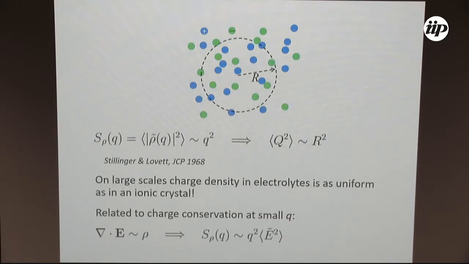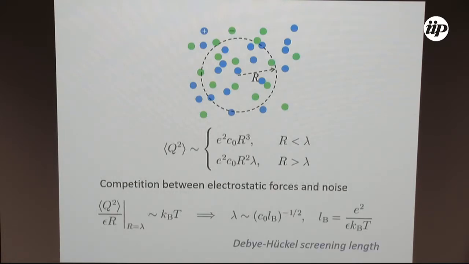Now we can go further and say, okay, that means that there is some distance, let's call it lambda, at which the behavior will cross over from normal fluctuations that are extensive, that go like r cubed, to these suppressed fluctuations that go like r squared. So let's call this distance lambda, and let's try to extract the basic physics from which it comes. What will cause this random distribution here crossing over to hyperuniformity is thermal noise.